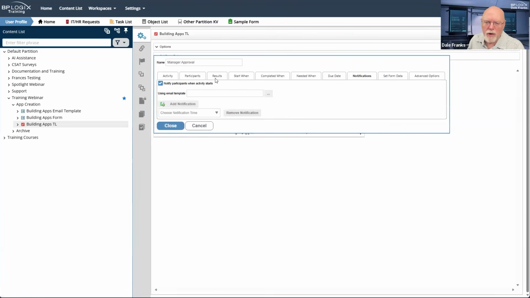The person who receives a task notification, who is a participant, is going to receive a link that will open the form in task context.